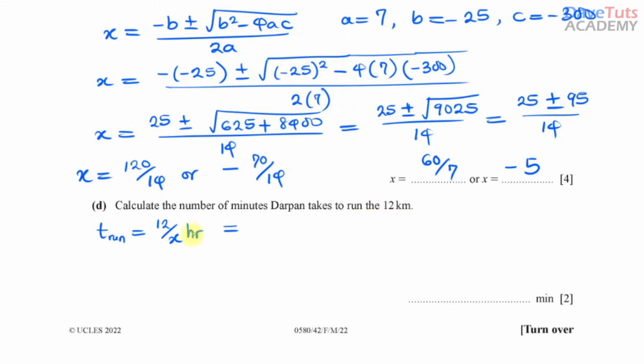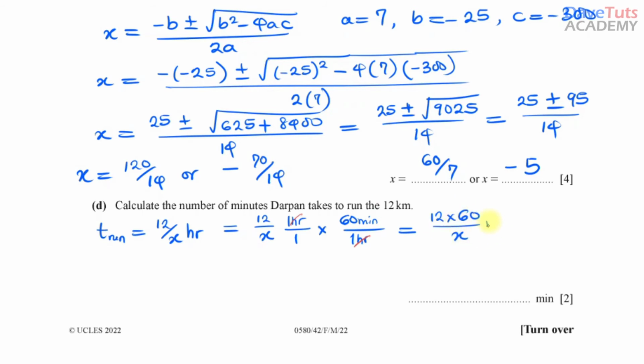So to convert hours to minutes, 12 over x hours means 1 hour, and I want to convert this 1 hour to minutes. It will be over 1, because 60 minutes makes 1 hour, such that this hour and this hour knock out,